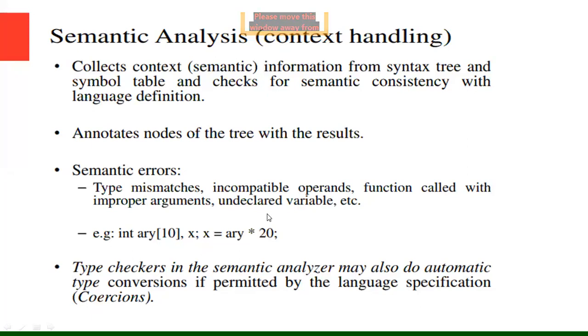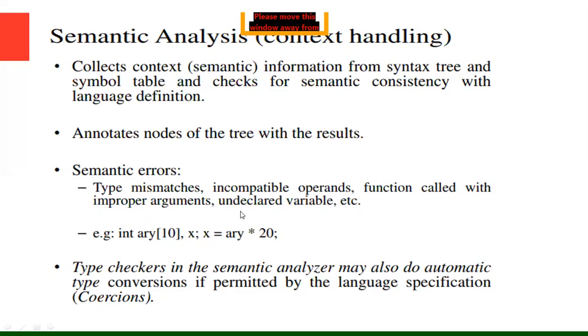So these are the semantic errors. So first one is the type mismatches, second one is incompatible operand, third one is function called with improper arguments, and fourth one is the undeclared variable. So these types of semantic errors can occur in semantic analysis.